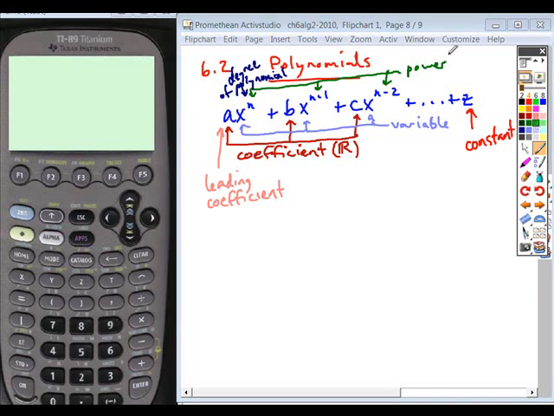The powers are always going to be whole numbers. So the powers will range from 0 to infinity, but they're only going to be positive numbers. If you have anything with a fraction or a negative number as the power, it's not considered a polynomial. So if I ask you to identify the following,